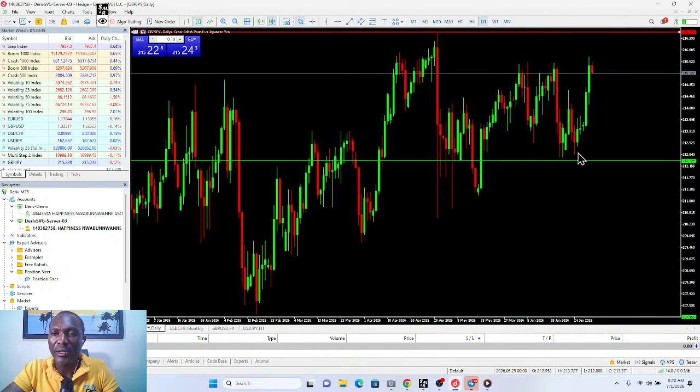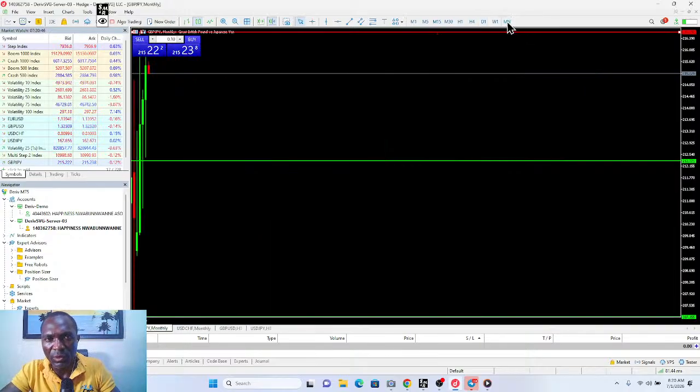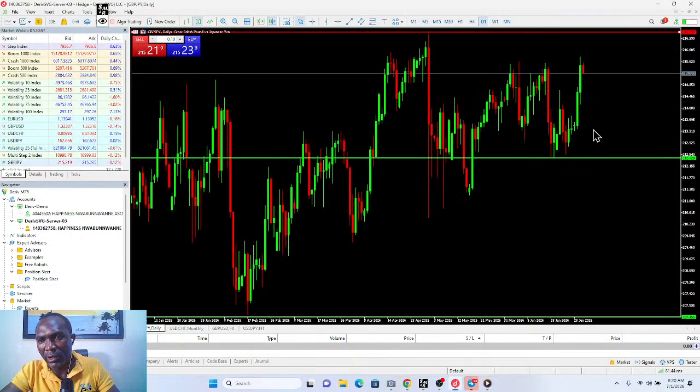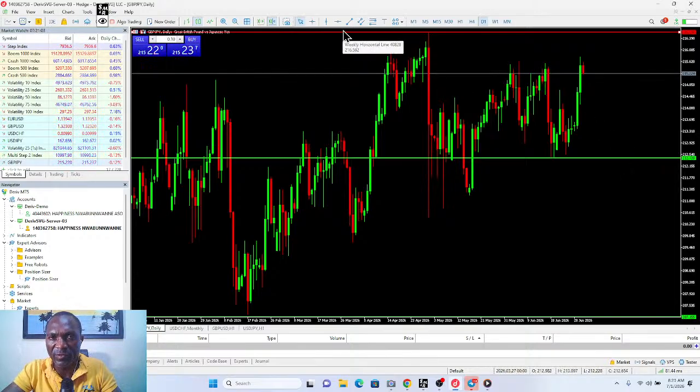Now daily is telling us something so unique. The month is telling you you have to buy. Let me rest it very well, not resting on the previous candle. So now the daily is sending another message. Another message. So all I need to do now is fix the line there.